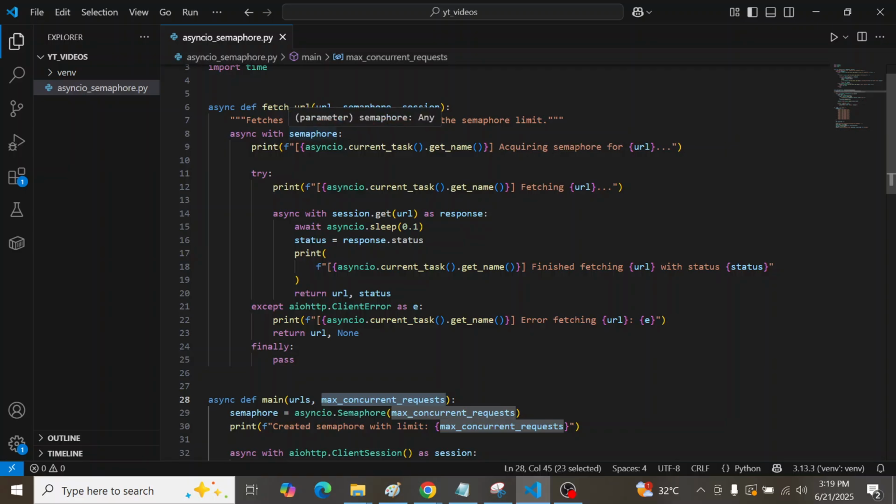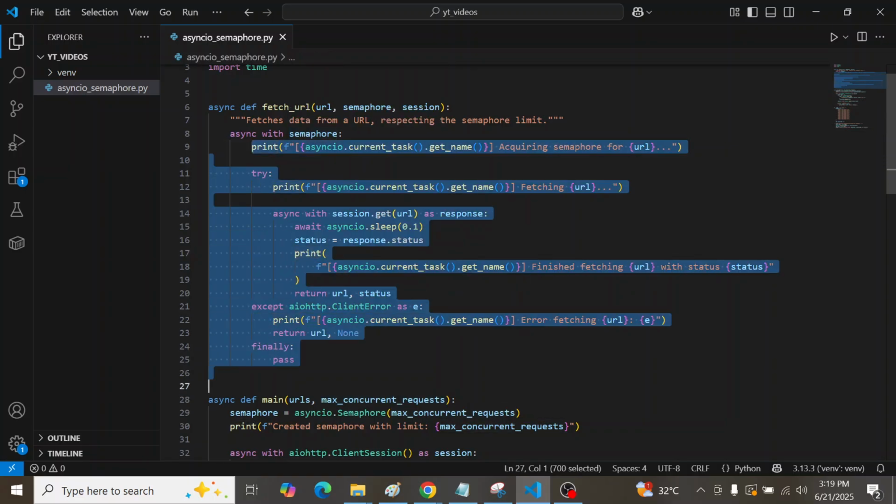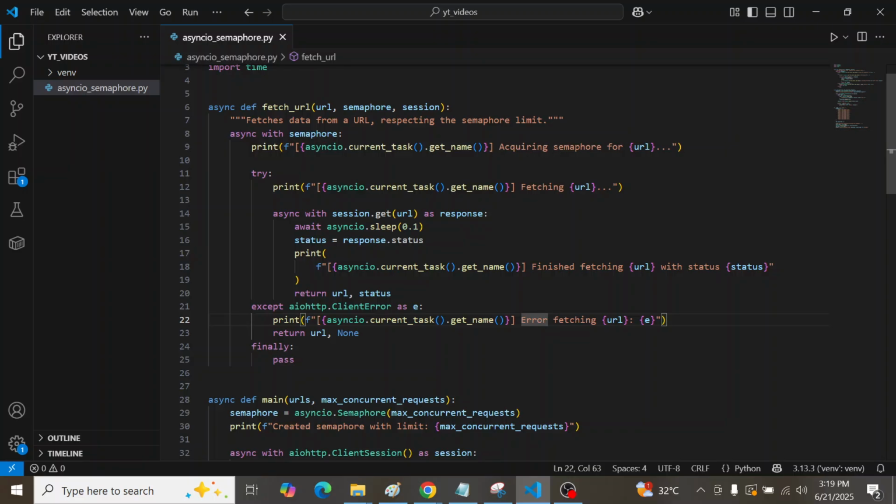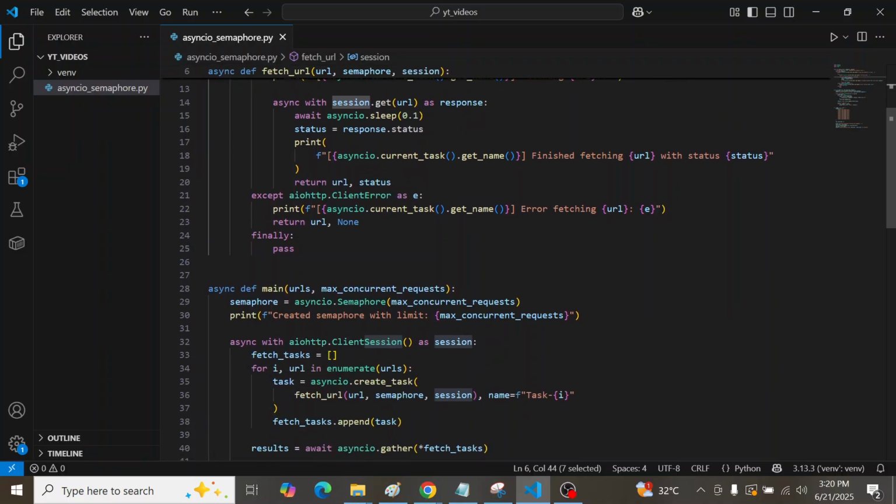So how do you do that? You do an async with semaphore, and then within this async block, whatever you do, it's a normal function. Basically, what I'm doing is I get the current task and get its name, right? So which task is getting this particular URL, and I get that name. Since I have this aiohttp session, which was passed in from here,